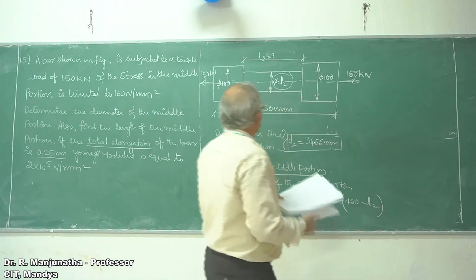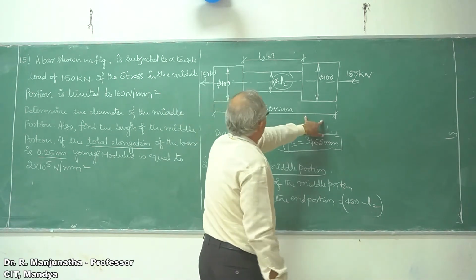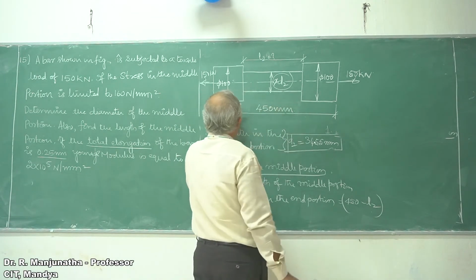So that means the total length 450 minus L2 will give you this distance and